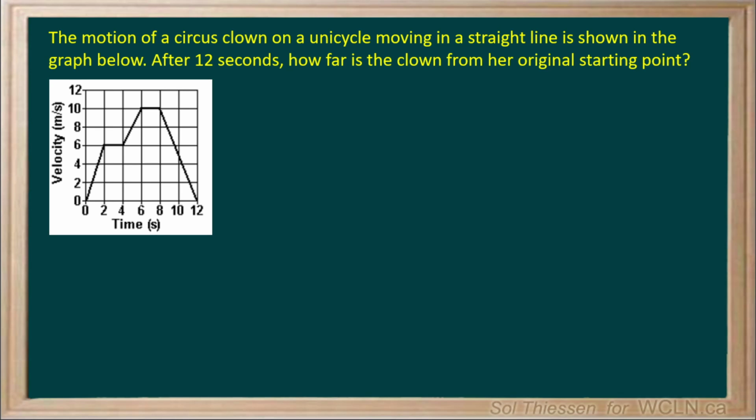The motion of a circus clown on a unicycle moving in a straight line is shown in the graph below. After 12 seconds, how far is the clown from her original starting point? So keep in mind, on a velocity versus time graph like this one, displacement is represented by area